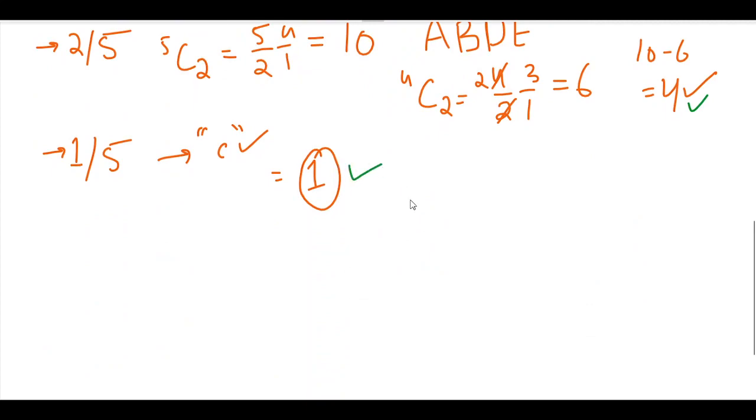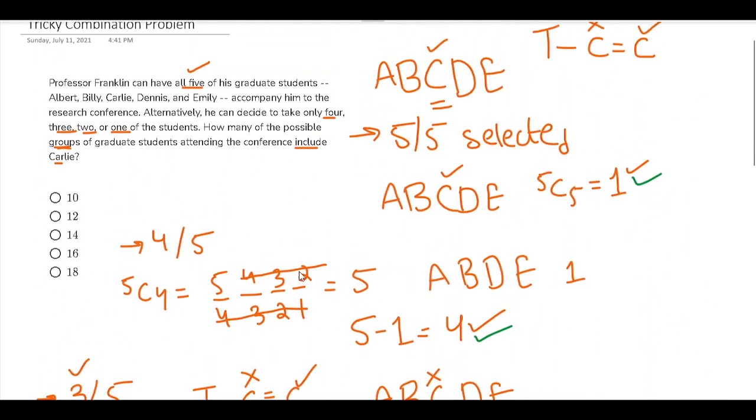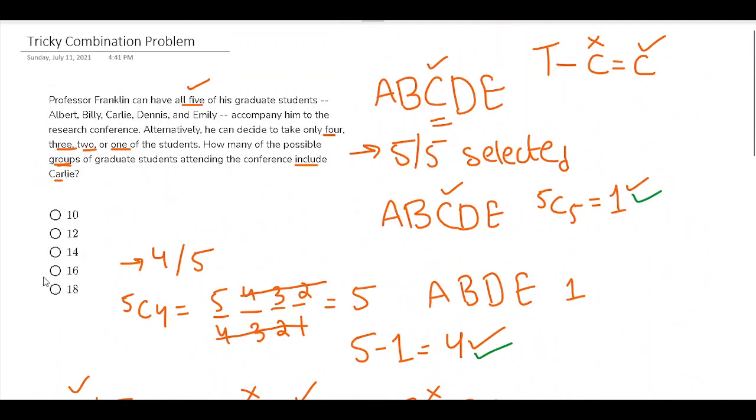So 1 plus 4 plus 6 plus another 4 plus 1. This is going to be 10, this is going to be 14, and with these 2 ones, it's going to be 16. And if I come back up, yeah, the answer must be